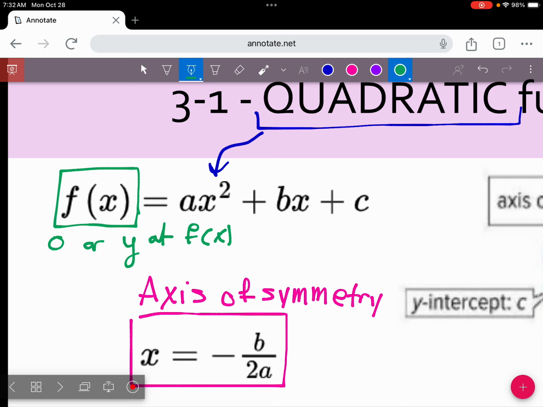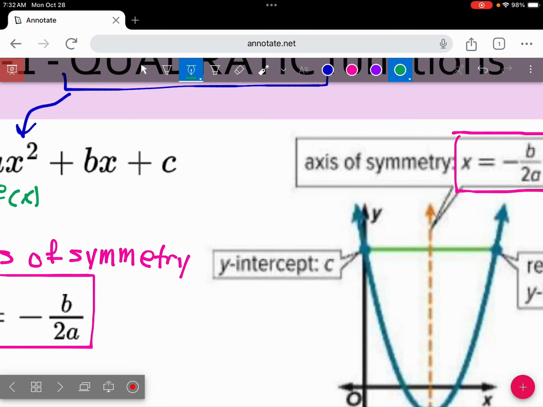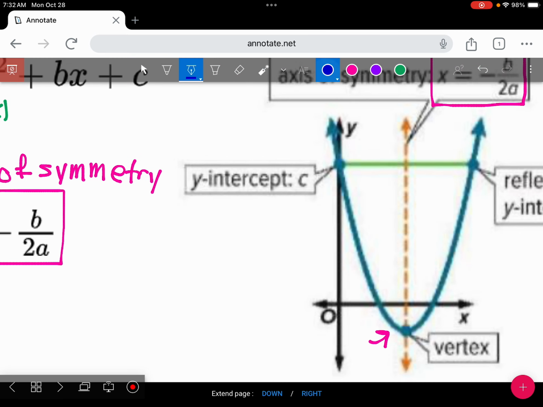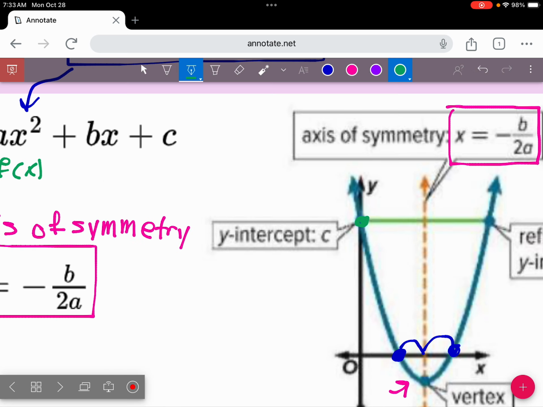But our axis of symmetry gives us the x value of our vertex, which then we can use to find the y value of our vertex by plugging things in. We're also going to take advantage of the fact that we know x squareds have line symmetry, meaning things will be reflected equally across. If I know this point, I know that point. If I know my y-intercept, which is the constant that's on the end over here,